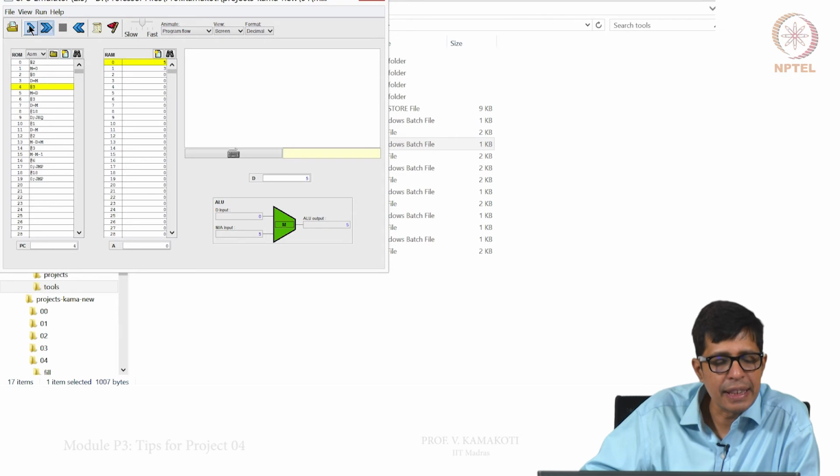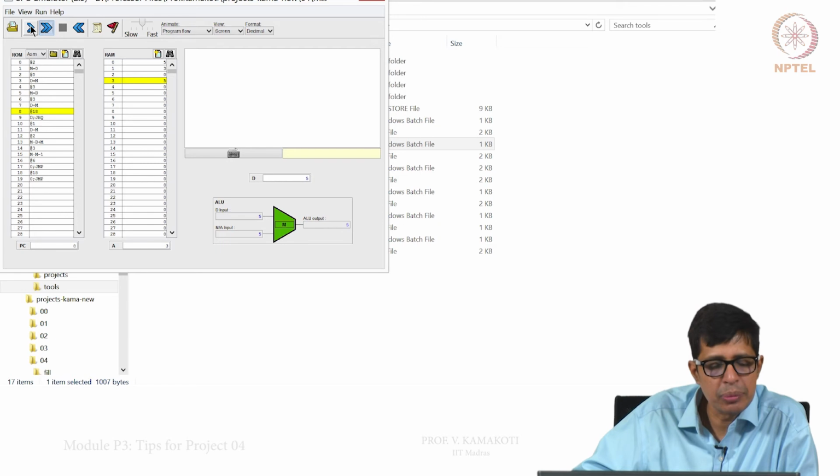Now, I am doing the next step at 3. Now, I say m equal to D, right. The moment I say m equal to D, your ALU output is 5 and your D register is 5 and your location 3 also became 5. Now, again I am accessing location 3, D equal to m. So, your D register should become 5.